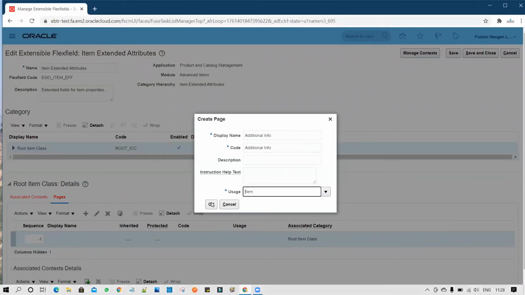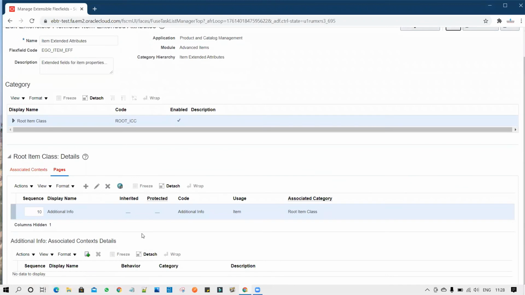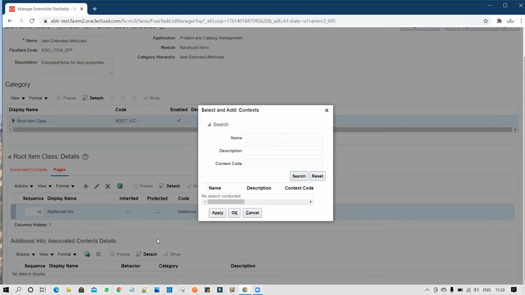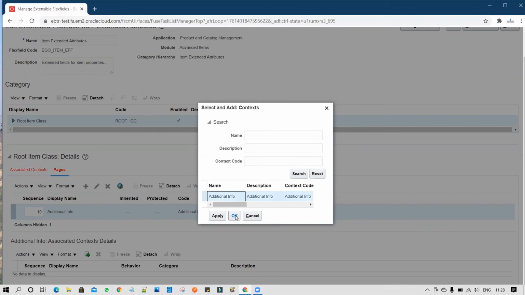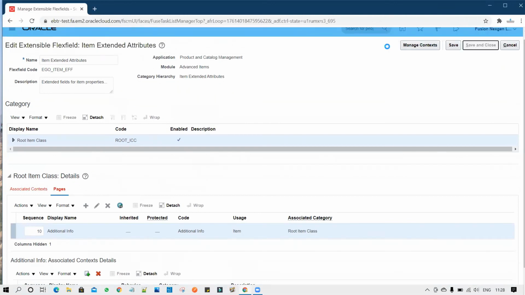That's what we have selected. Once you select the uses, you have to save it. Once you save, the system allows you to update and add the context which you are associating to the respective page. So search it. So I have selected. Now go on top and do the save and close.